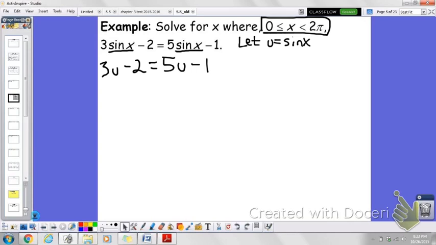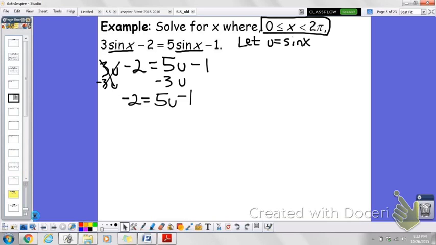I would like to keep my variable coefficients positive, so I'm going to subtract 3u from both sides. It doesn't matter, you could have subtracted 5u. I just prefer to do the 3u. These 3u's cancel out. So I have -2 is equal to 5u